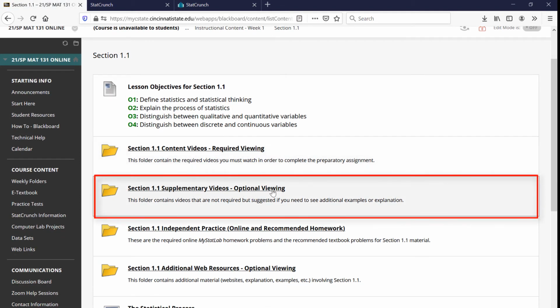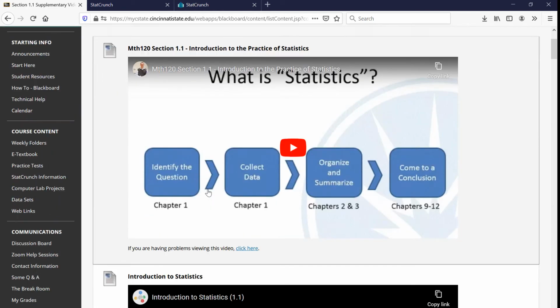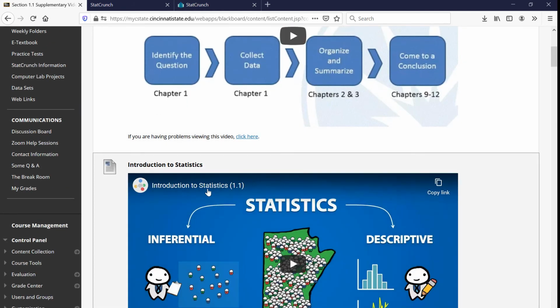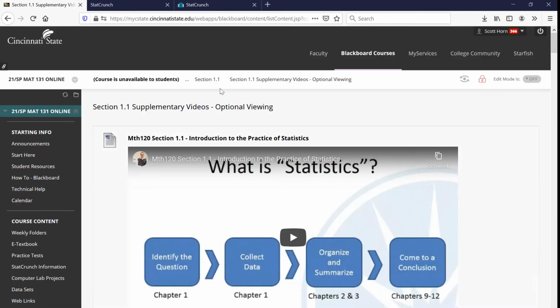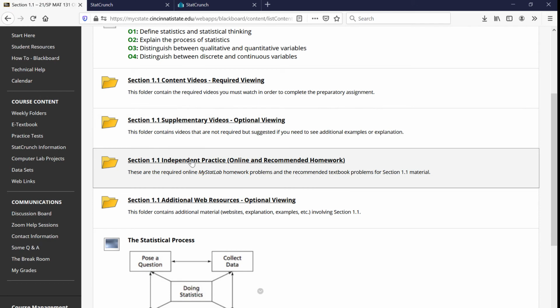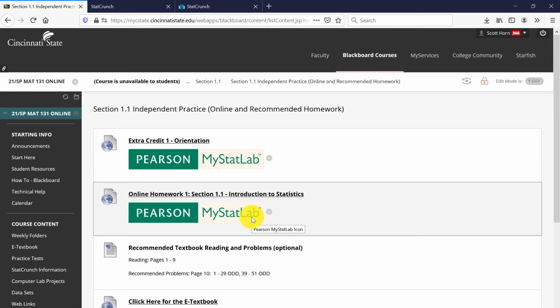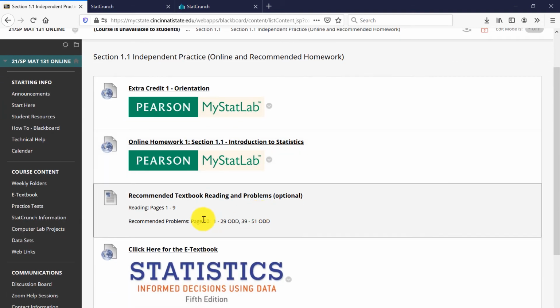These are optional viewing, but if you need additional examples, here is where you can watch more videos about this certain topic. When you're finished watching the videos and you feel that you're ready to attempt the homework, you click the next folder, and this has a link to the online homework as well as the recommended textbook problems that are optional.